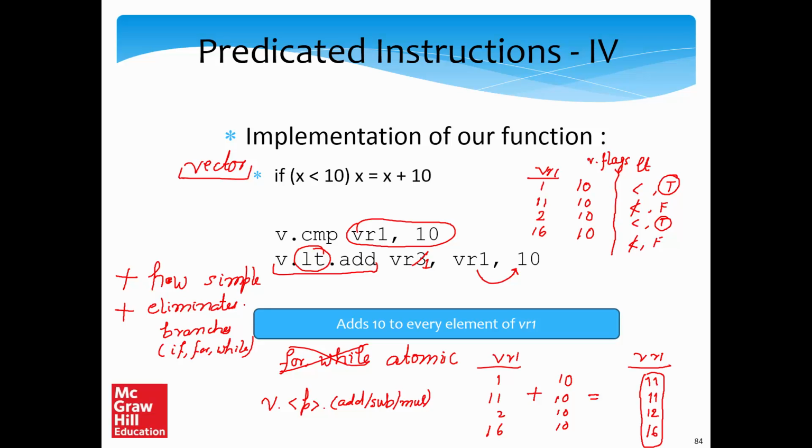The hardware remains simple. Of course, we do a little bit of extra work in the sense we compute predicates, we take into account these false predicates. However, the simplicity of the hardware and the elimination of branches is a massive plus. So this can also be done for small vectors, for very, very large vectors as well. But the mechanism of having predicated instructions per se is very powerful.